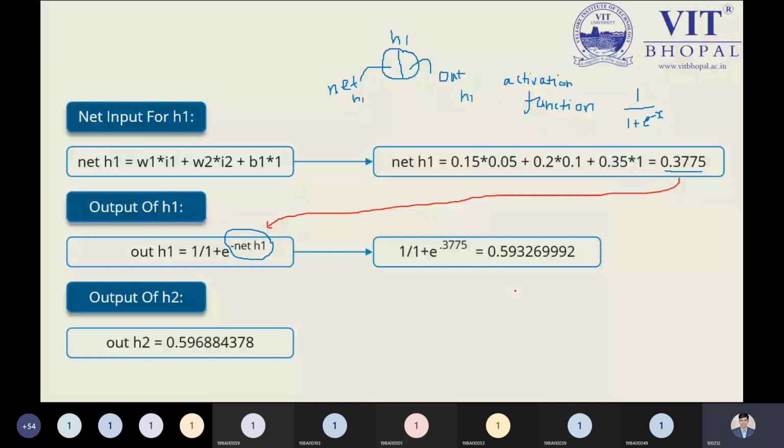Please note down all these values because they will be applicable to solve your problem. You can note down the net value of the H1 directly from this solution, and the out values of the H1 and H2. You can copy all these values in your register or notebook, whatever you are using, paper, pencil. Okay, use paper and pencil to note down all these values because I can ask for these values randomly. Okay, note it down.